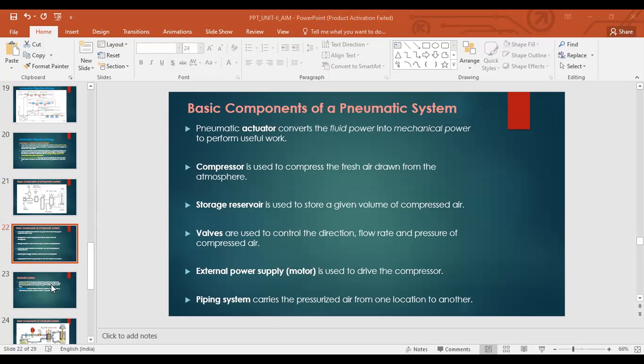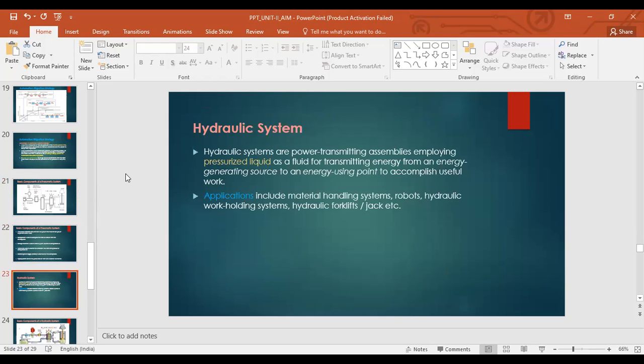Okay, so you see, next is your hydraulic system, right? As we know, in place of compressed air, you have a pressurized liquid here. So hydraulic systems are power transmitting assemblies employing pressurized liquid as a fluid for transmitting energy from an energy generating source to an energy using point to accomplish useful work. So basically to move that piston, right? So we are transmitting the energy